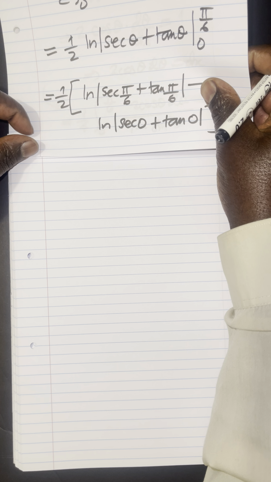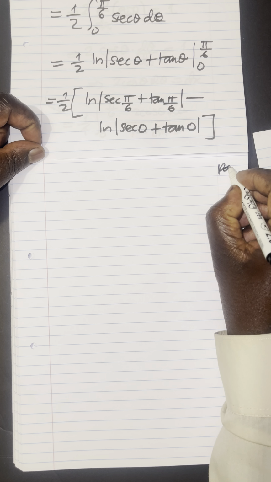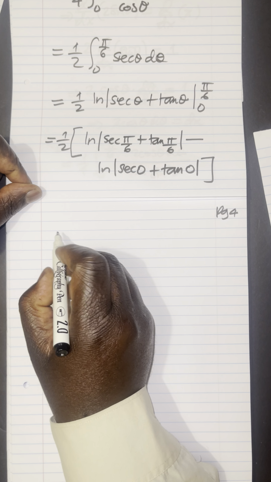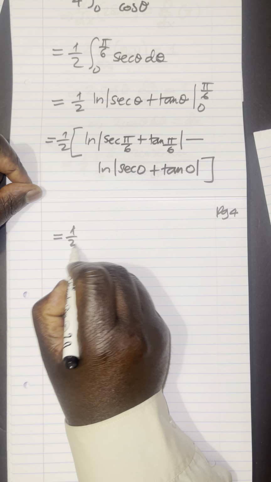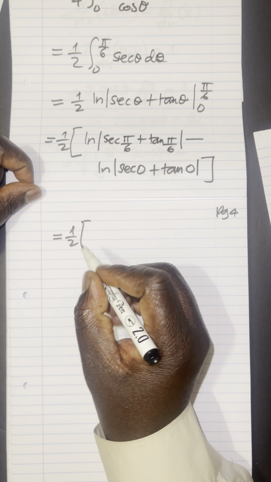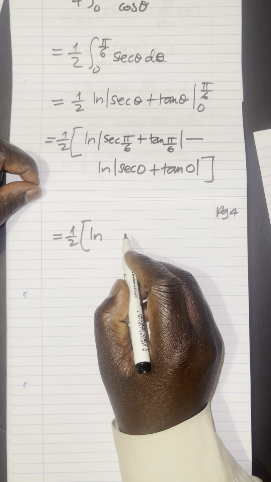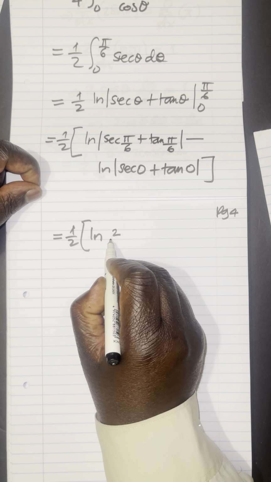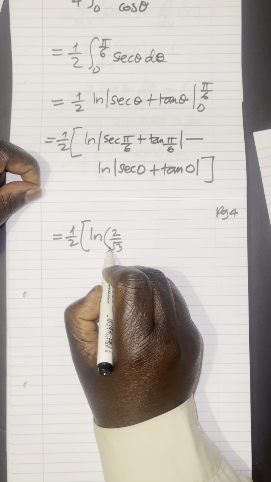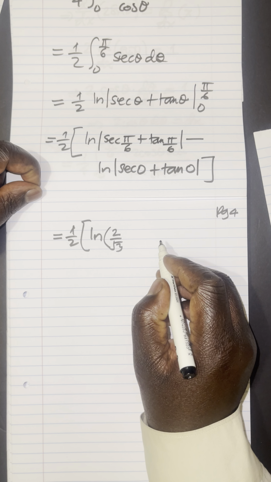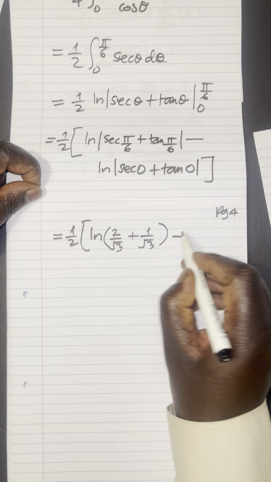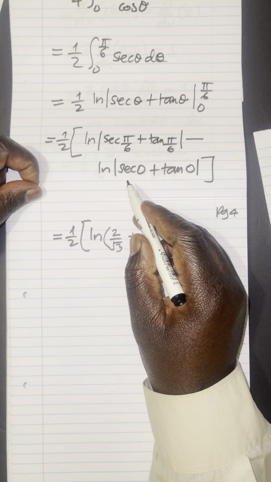So page 4, almost done. Basically I'm saying that what we have now is equal to 1 over 2 open brackets natural log of sec pi by 6, which is actually 2 over root 3, so that's 2 over root 3. I'm going to use round brackets now. Tan pi by 6 is actually 1 over root 3, 1 over root 3, and then minus sec 0, which is actually